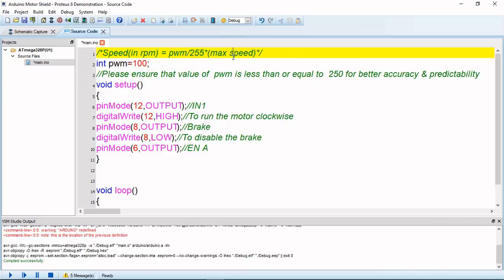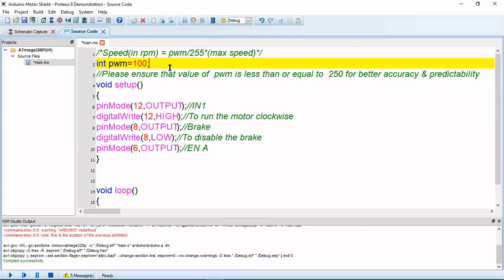Okay, so the maximum speed of the motor in our circuit configuration is 52 rpm. So put 52 here to calculate the speed. Please make sure that when you try this example, you put the value of PWM less than or equal to 250 for better accuracy and predictability.